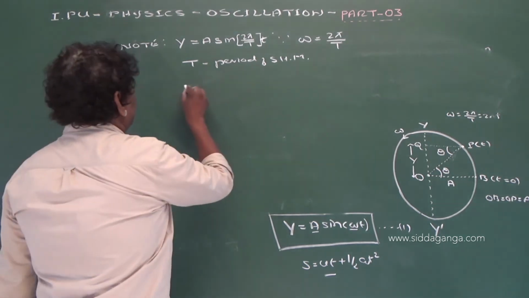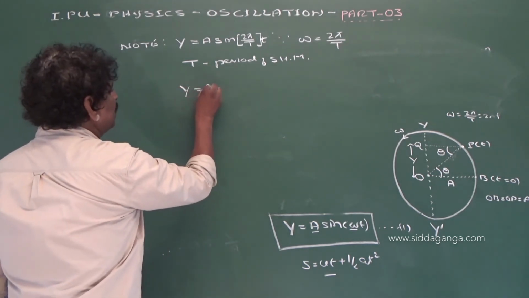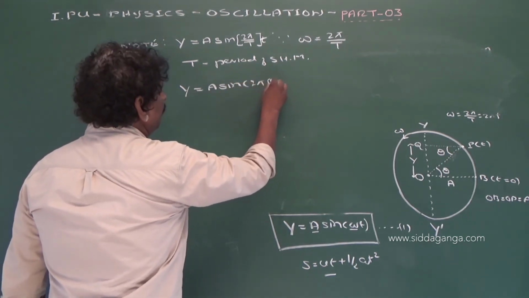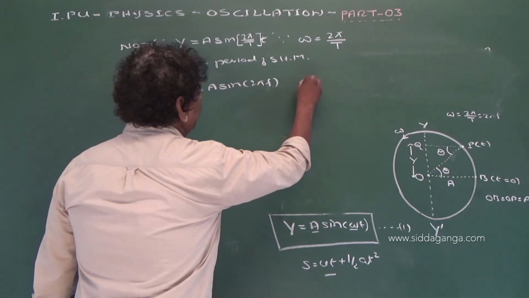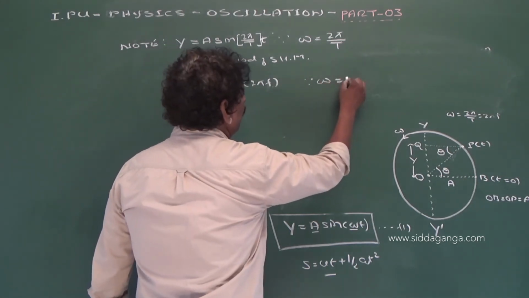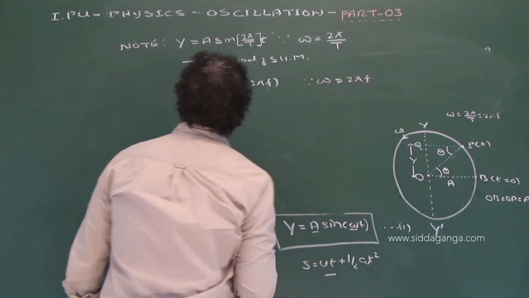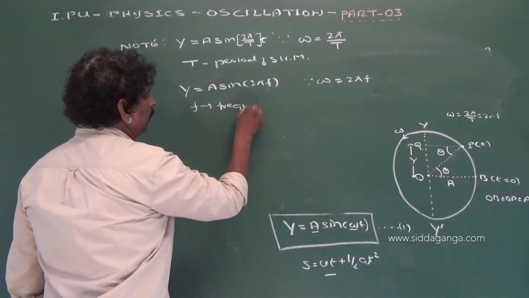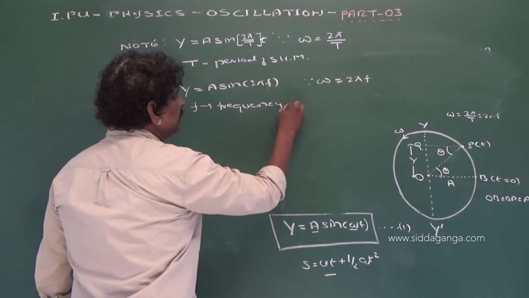This can also be written as y is equal to a sin 2 pi f t, because we know that omega is equal to 2 pi f, where f is the frequency of